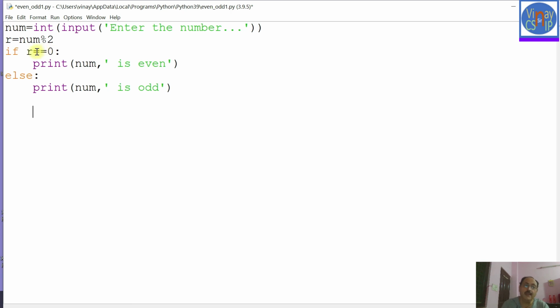So if both the numbers are equal, then the condition would be true, and this will give me even, otherwise odd. Once again, if the number is 15 here, 15 % 2, the remainder comes to 1, because if you divide 15 by 2, 2 8s are 14, 15 minus 14 is 1. So is R equal to 0? No, it is 1 because the remainder is 1. So it will come to else.